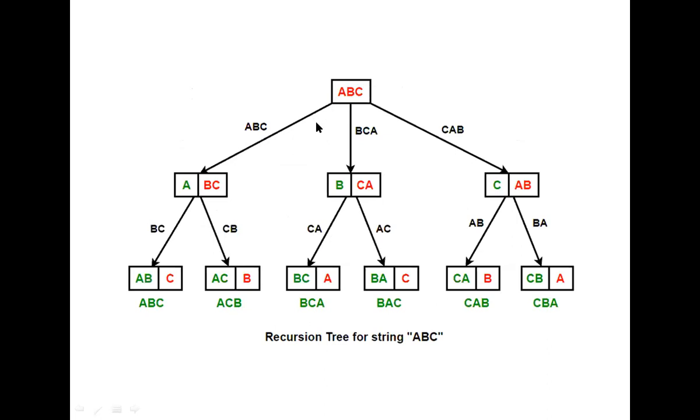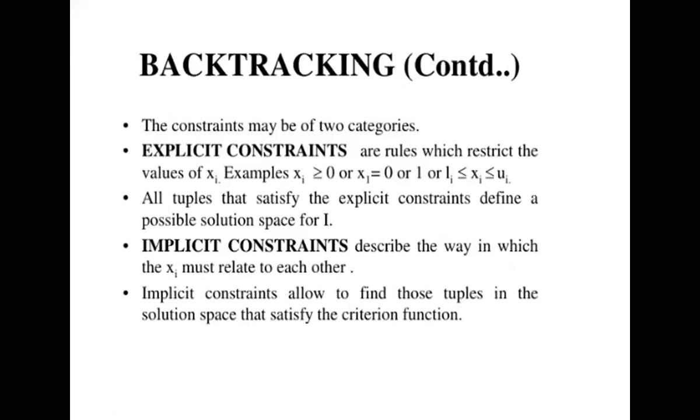That is explicit constraints. Okay, and what does implicit constraint mean? Here, for example, given xi greater than or equal to 0, or xi is 0 or 1. So here two values are given only, that is 0 and 1. The x contains only 0 or 1 values. So that is lower bound less than xi, that is 0 less than or equal to xi less than or equal to 1. Okay, so this is an explicit constraint.